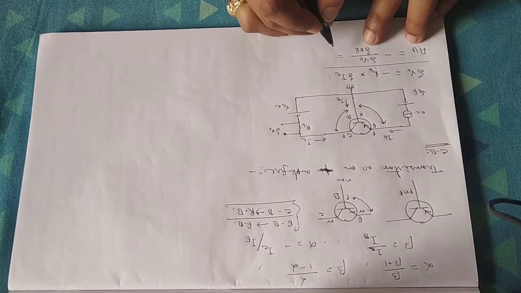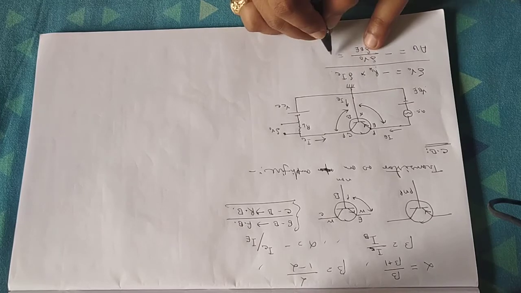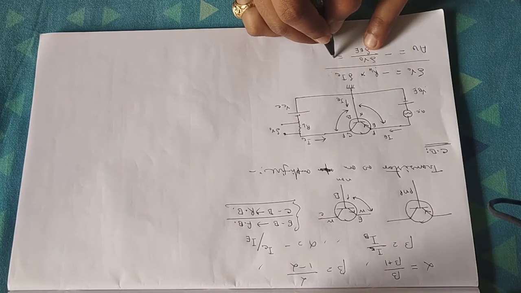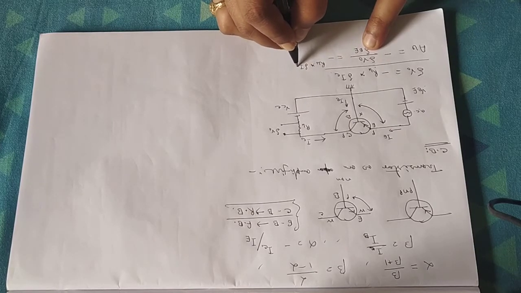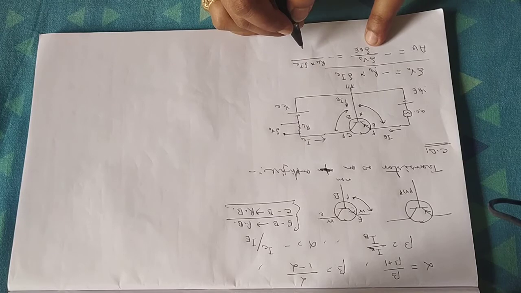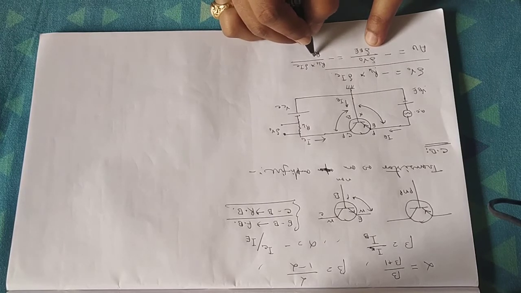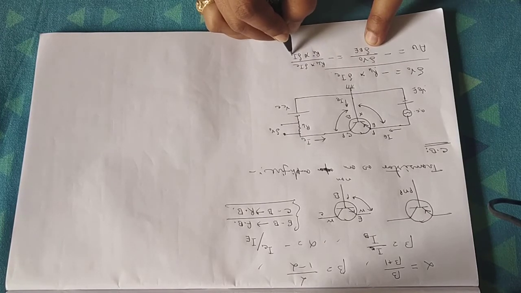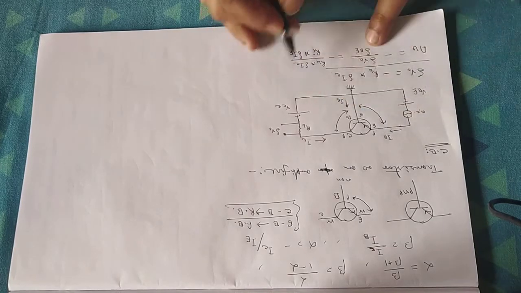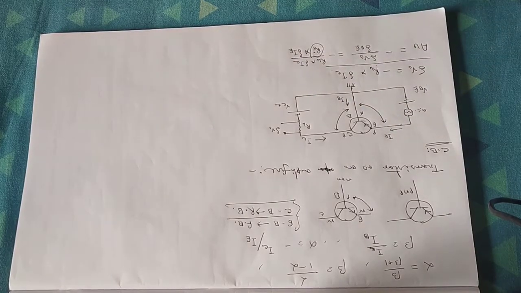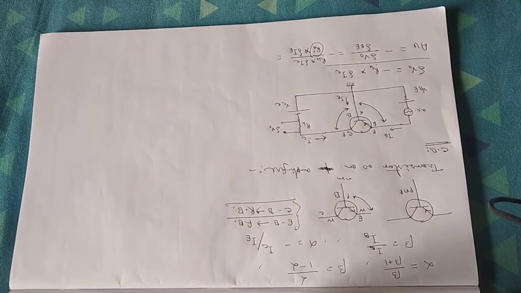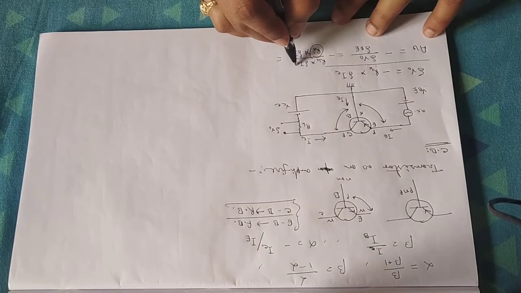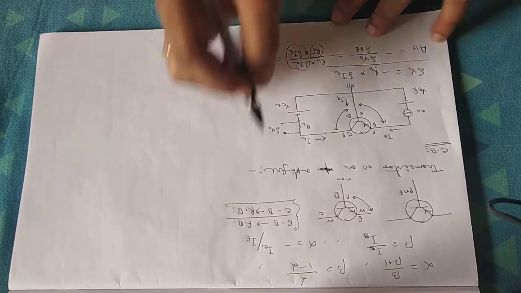And what will be the value of delta VBE? Delta V0 I have already calculated. If we put the value, this will be minus RL into delta IC divided by delta VBE. This value will be equal to RI into delta IE, where IE is the input current and RI is the input resistance. So you can write from here the value of delta IC by delta IE.